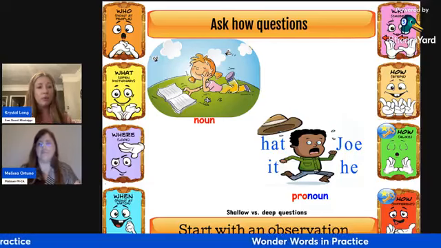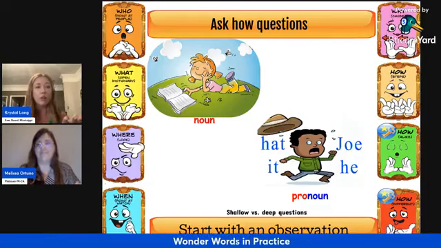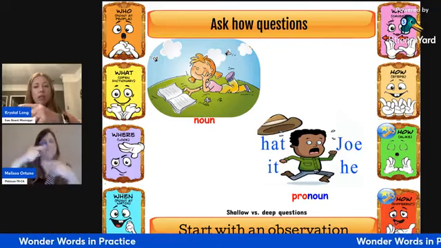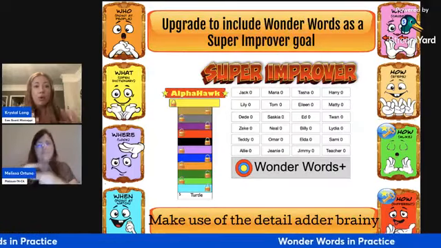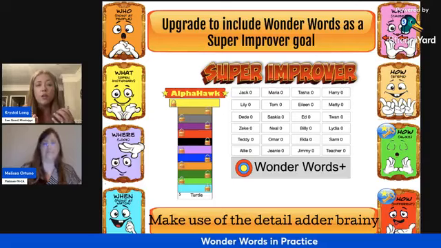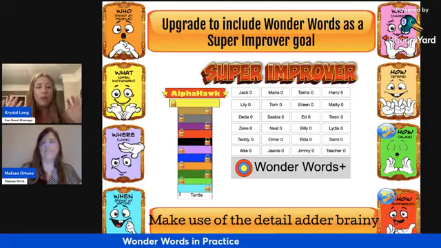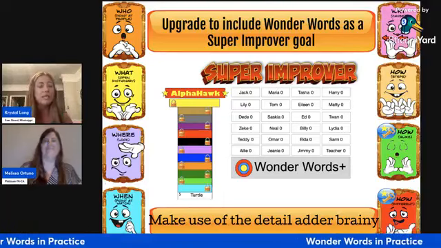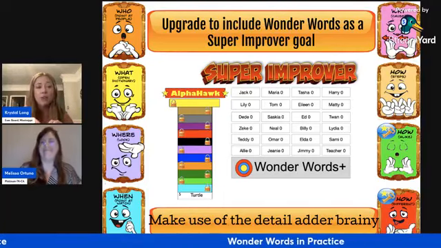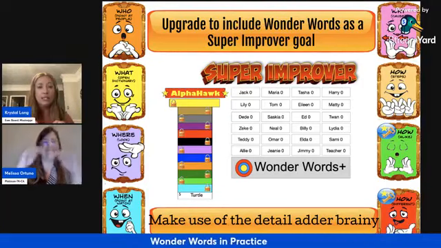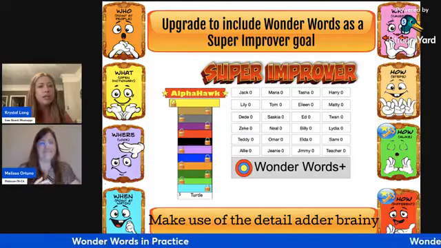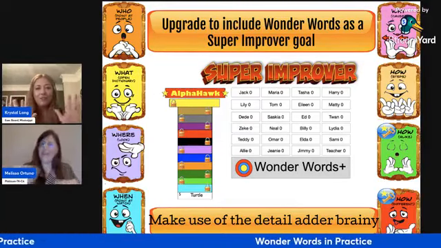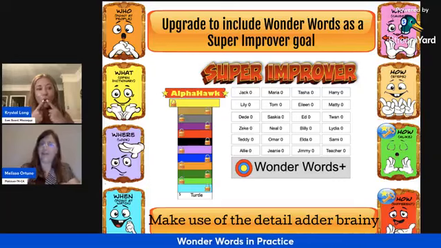Now, as we said before, we can label things that are shallow questions and deep questions, but as we go on throughout the year and we're really wanting to pull in super improvers, we're going to be asking students to up that rigor or use brainies more, or use things that are going to add to the depth of our answers and our questioning techniques. So Melissa, what do you see here in front of us? We see the super improver scale with that specific target under it.